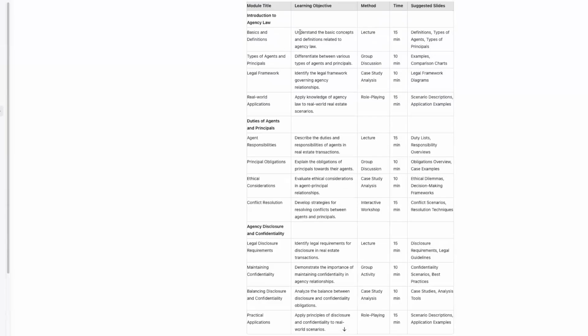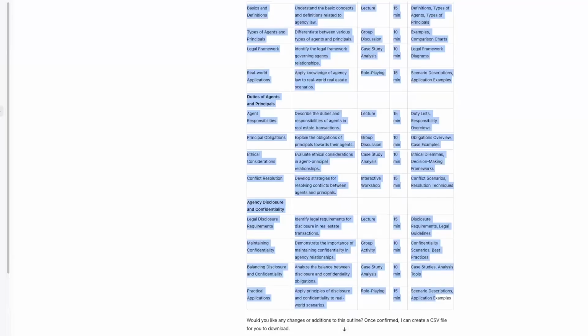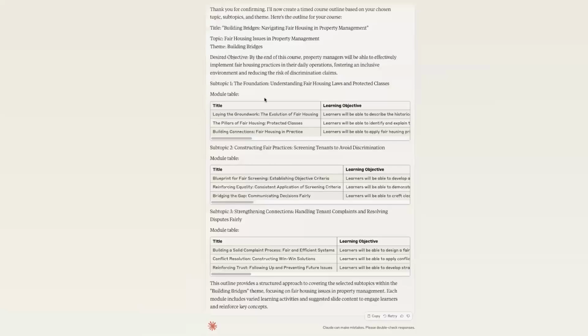And it gives this output, which I just don't think is as good. If I was to submit a course, it would take me far more work to submit this. Whereas I would feel like if I went back and submitted this, I could almost submit this pretty quickly to the commission here in Georgia and get a course approved, right? Or pretty close to it. I might have to tweak it here and there. You never take what AI gives you and never review it. But this would be far better for me to be able to submit to the real estate commission and just start running with it.